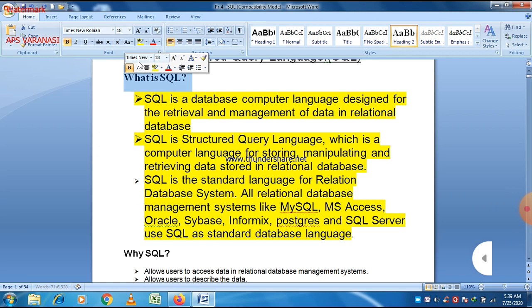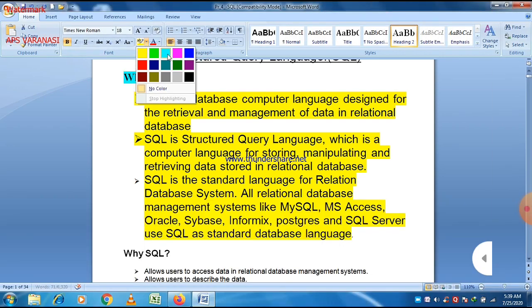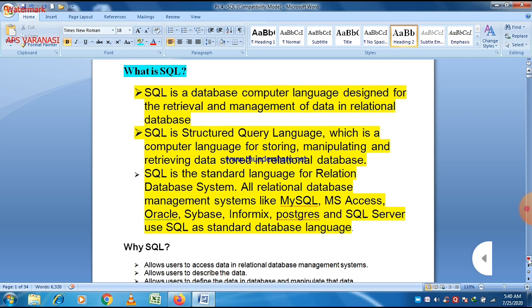So these are some points related to SQL. Remember that SQL is a database language and MySQL is an RDBMS. Students get confused between SQL and MySQL. SQL is Structured Query Language, a database language, while MySQL is the name of the software, which is Relational Database Management System software. And what is the meaning of RDBMS? RDBMS means that data is stored in the form of tables, or in the form of relations.